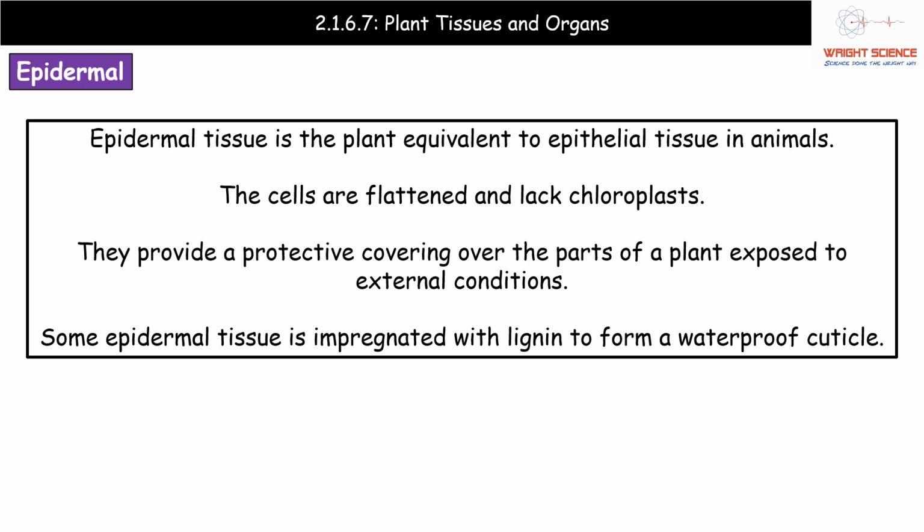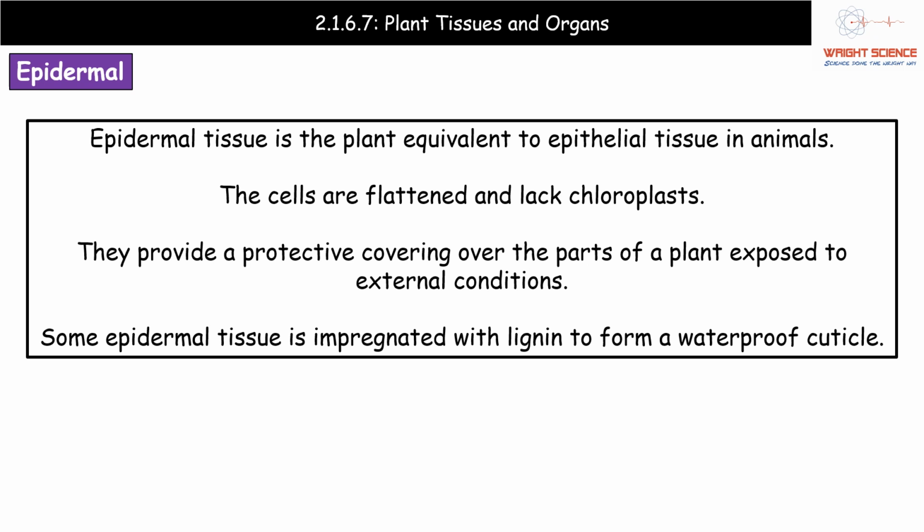First type of tissue that we're going to look at in our plants is the epidermal tissue. Now, if you watched the previous video in this series on the animal tissues, you will have heard of the epithelial tissue. So epidermal tissue is just the plant equivalent to the epithelial tissue in animals. So these cells are also flattened, but in our plants they also lack chloroplasts. What they're going to be doing is providing this protective covering over the bits of the plant that are exposed